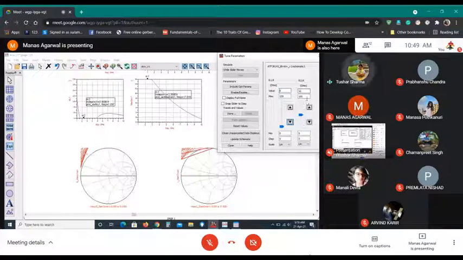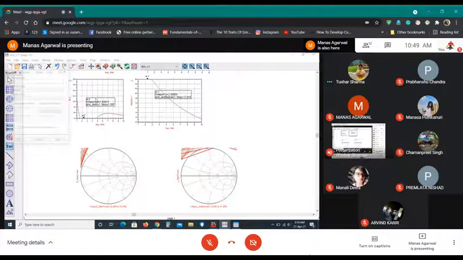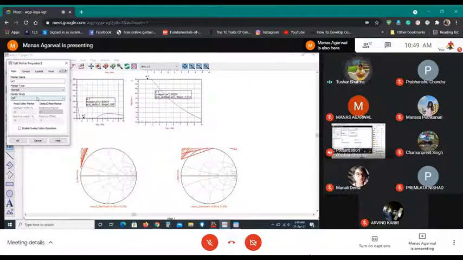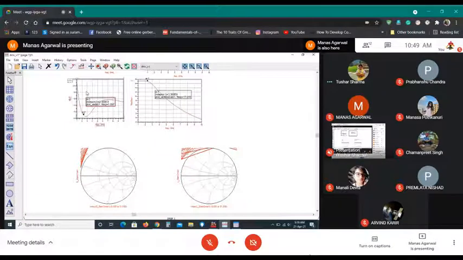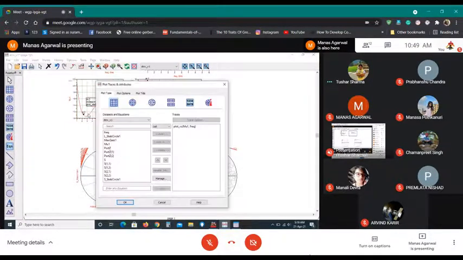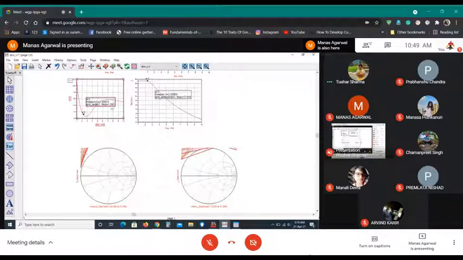Double click that graph of mu. Yeah, so you see it's greater than 1. And what is your gain? Yeah, so you see your gain is 70 dB and your mu is greater than 1. So this is much better, right?